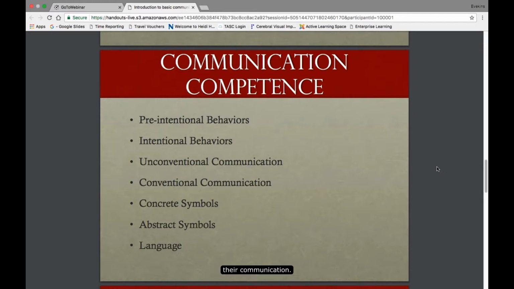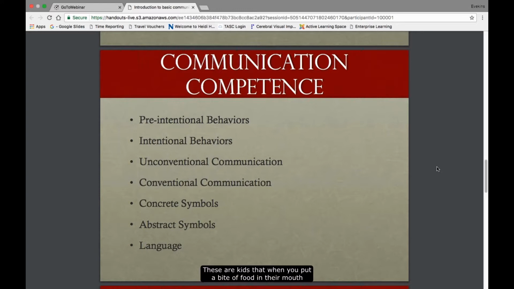So this is where, when we're using preferred activities, we attach language to their responses so that we can model appropriate and conventional communication. Because unconventional communication really means that it is not adult appropriate behavior. So these are the kids that throw things when they don't like them.